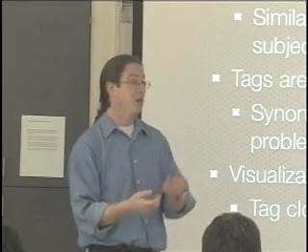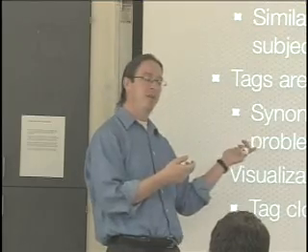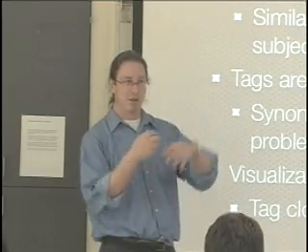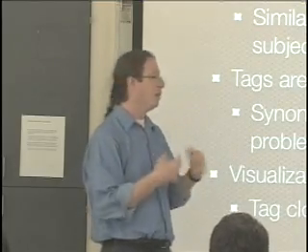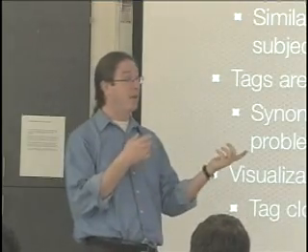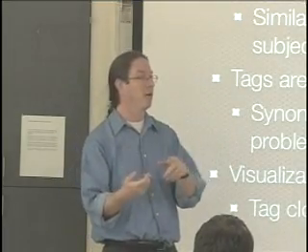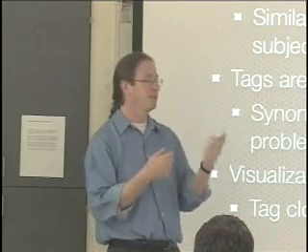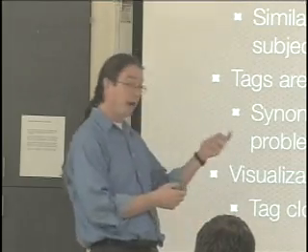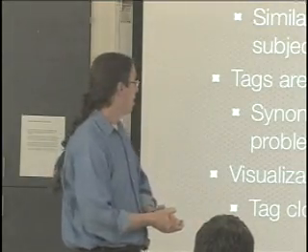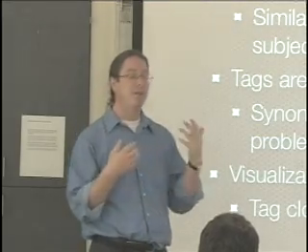I can't say that all articles about Buffy the Vampire Slayer are also about television. That would be a general-specific relationship. We just don't have that representational power. I can't say opposites, right? I can't say good and bad are opposite things. Like and dislike are opposite things. All I can do is assign strings to articles, basically. They're solely syntactic. In other words, there's no meaning behind a tag.